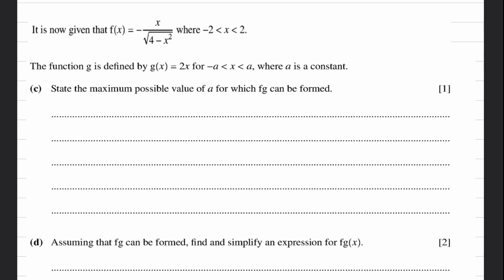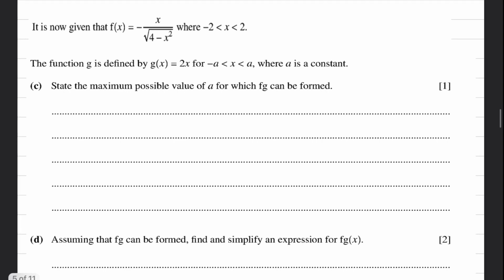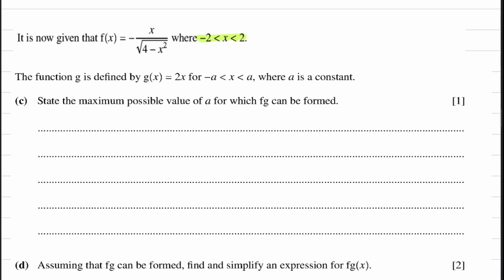We have f(x) equals minus x over square root of 4 minus x squared, where x is in between minus 2 and 2. And we have the function g defined by g(x) equals 2x, for x in between minus a and a, where a is a constant. The question is, state the maximum possible value of a for which fg can be formed. So,